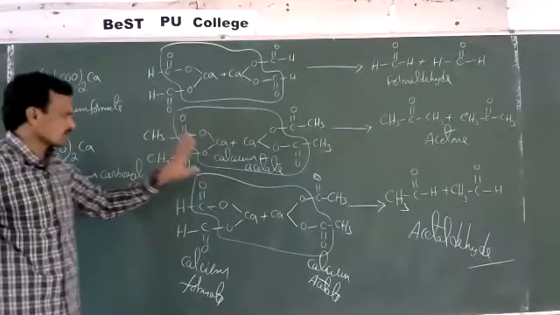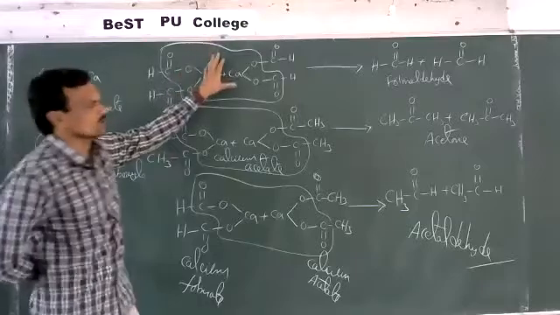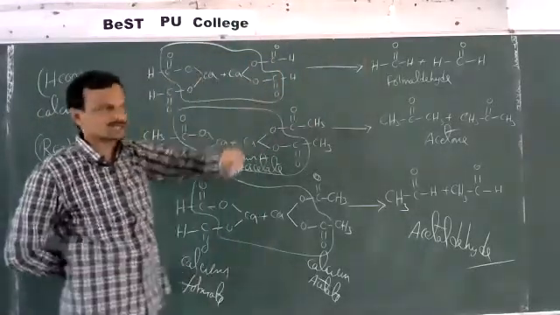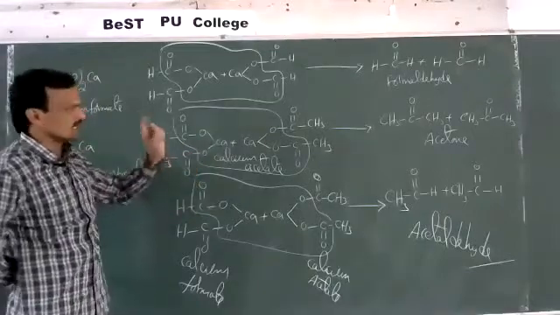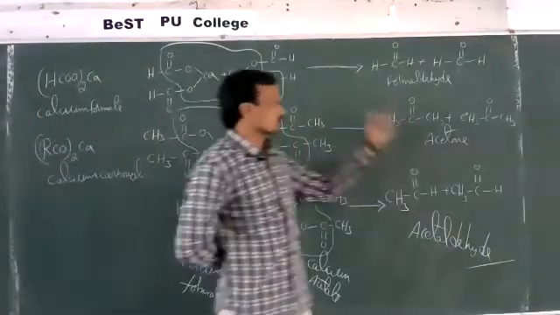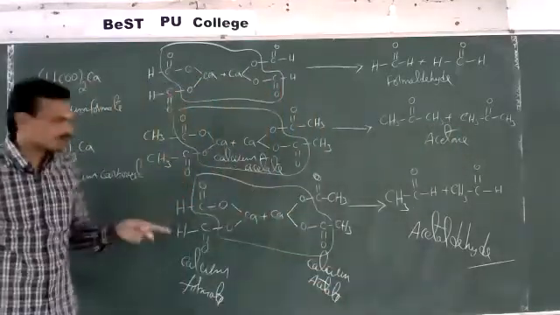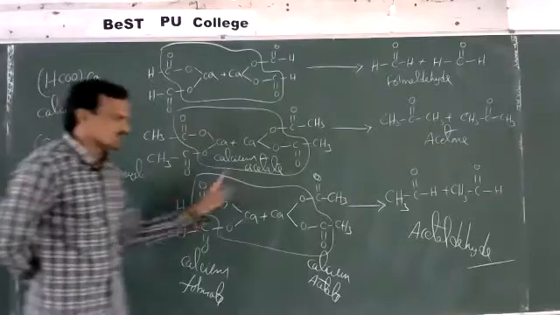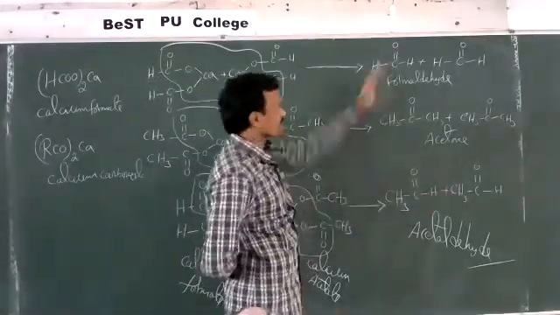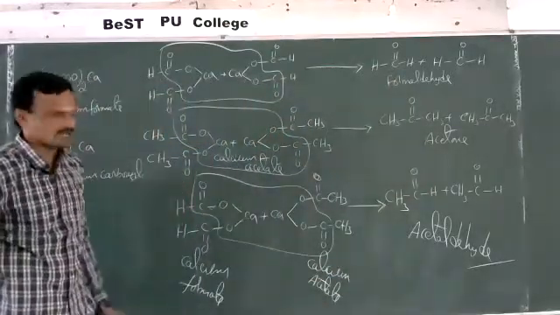Okay. So the final conclusion here is distillation of calcium formate gives formaldehyde. Other than formic acid, if you take the calcium salt of any other carboxylic acid and that on distillation gives ketone, a symmetrical ketone will be formed. If you have taken the mixture of calcium formate and calcium carboxylate, then we can get aldehyde. Means other than formaldehyde, remaining aldehydes will be formed here, as the major product.